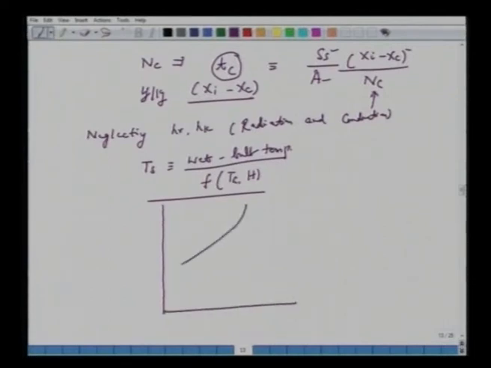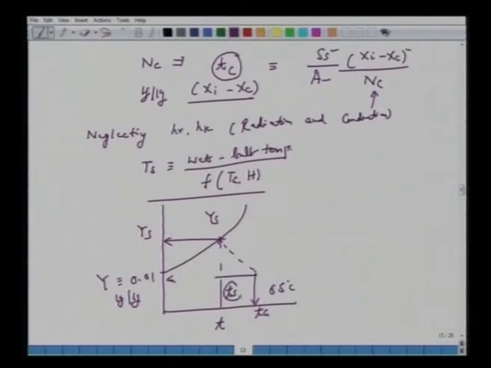So the same plot which we had here for saturated humidity, Ys versus temperature of the air. We know this Y, which in our case is 0.01 kg per kg, and we know this temperature, which is 65 degrees centigrade. So with Tg and Y, follow this adiabatic saturation line on this chart to reach Ts and Ys. This value of Ts, having neglected radiation and conduction, can be read as around 28.5 degrees centigrade.